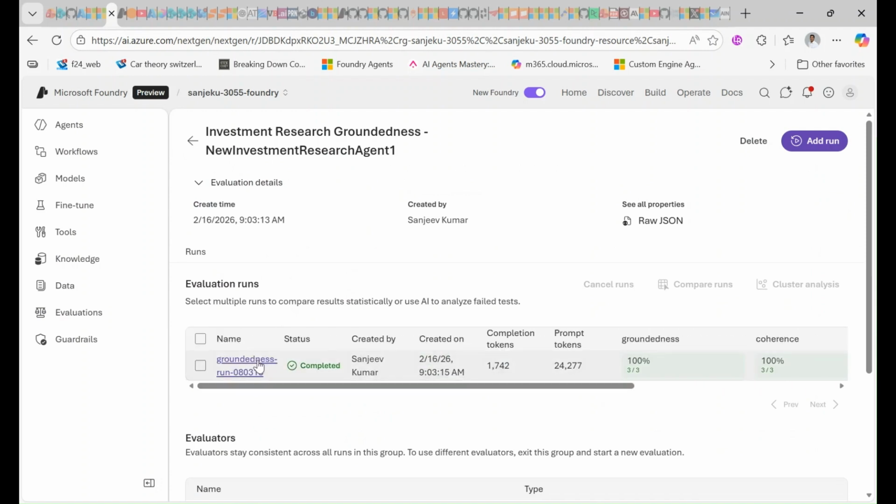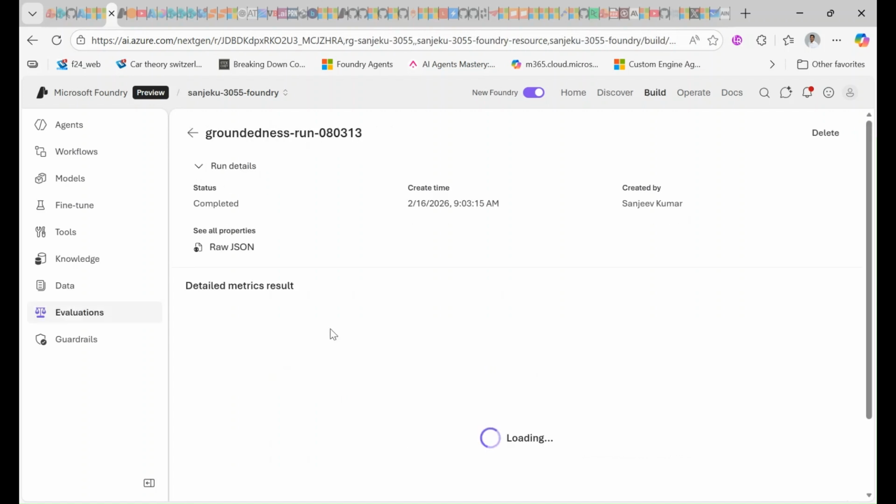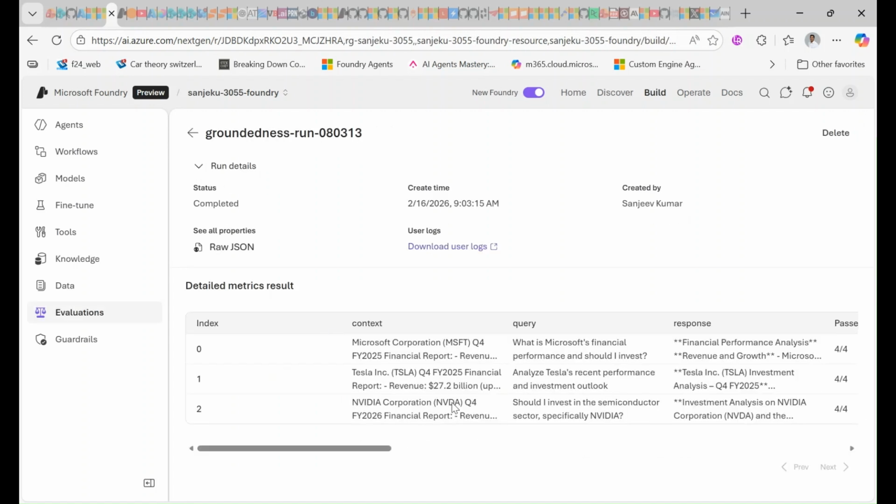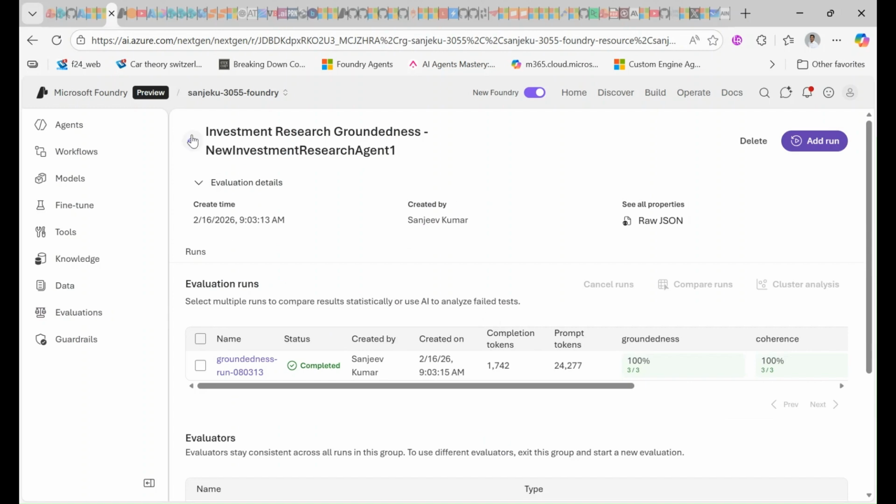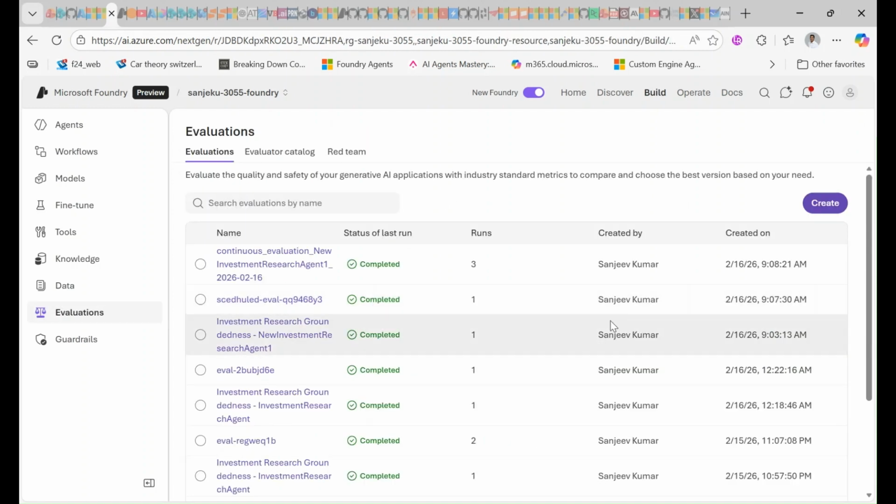In this case, we actually had 3 runs of the agent with 3 different questions and so on. And I provided additional ground truth for this, not only the Microsoft results, but also other company results. So this is how you can do offline evaluation. And then, of course, we